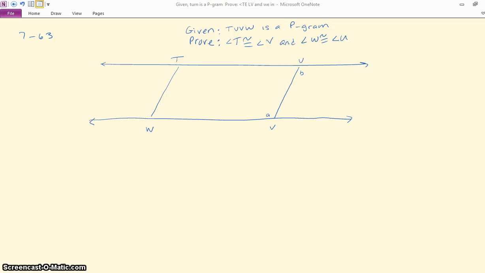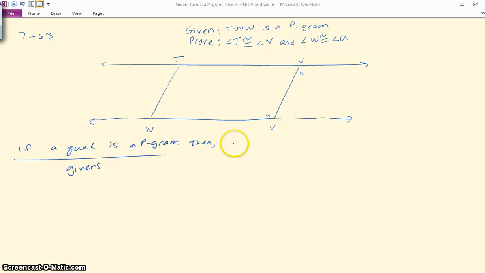to create these proofs. In 7-6.3, we're told that Ansel wants to prove the conjecture: if a quadrilateral is a parallelogram, then opposite angles are congruent. So we can break that conjecture down. If a quadrilateral is a parallelogram, here are your givens,